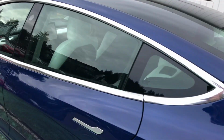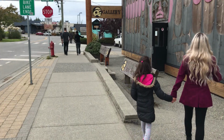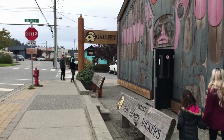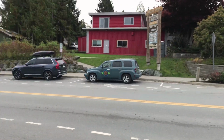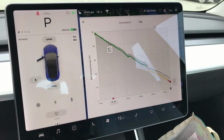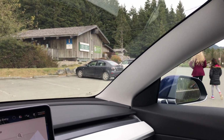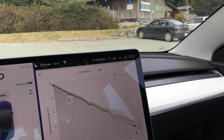And we got juice. So this is definitely one of the cool things about using these destination chargers: you take a few minutes to walk around and check these towns out. Okay, so basically the girls are stopping at this information booth to go to the bathroom, and as I'm looking at this,